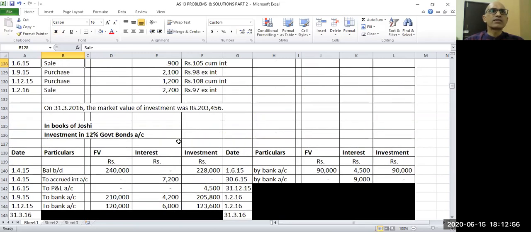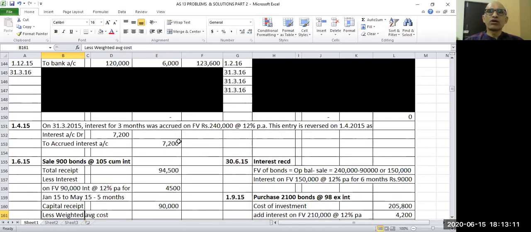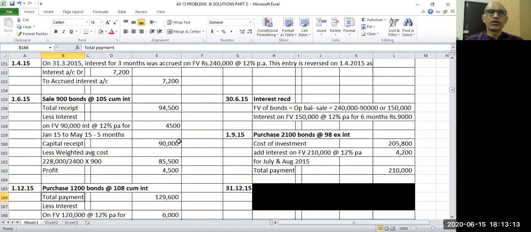Now after this, let us see when is the next transaction date, and you will realize that the next transaction date is on 1st of Feb 2016 when we have made some sale. So that means before that, on 31st December, we are supposed to receive the interest. So let us see how much interest we are supposed to receive on 31st of December, which is the due date of interest.